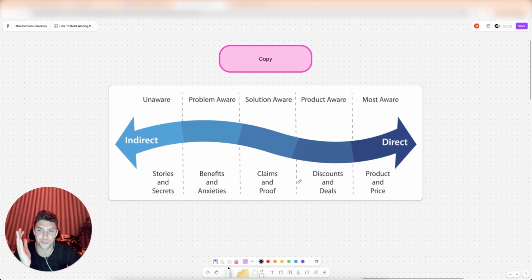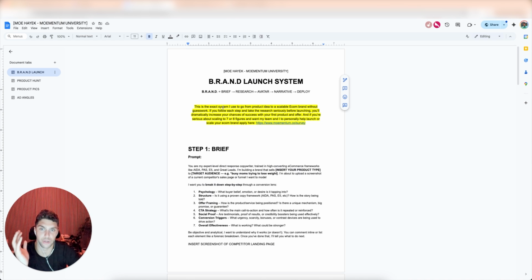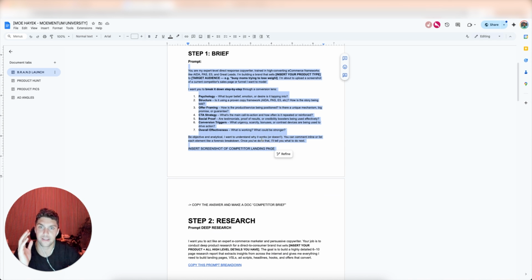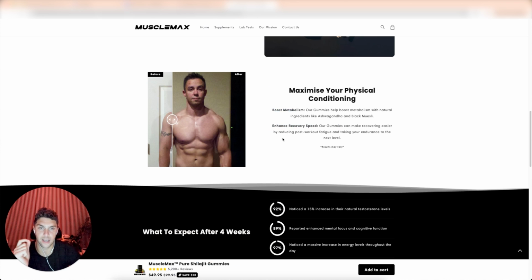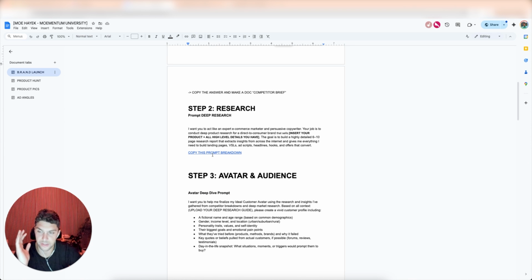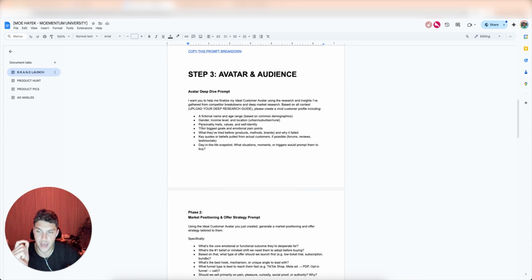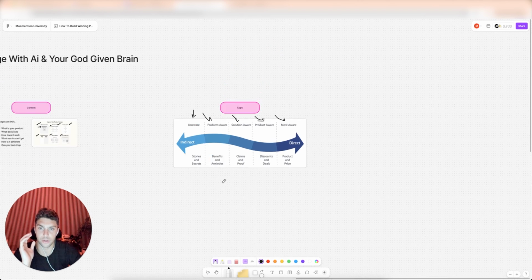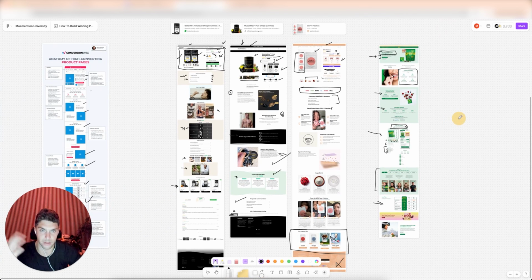I'm going to scream this at you guys till the end of time. Once you understand which one of these people you're going to be targeting, this is when you're going to come down to the brand launch system that I have. You're going to use prompt number 1, okay, where it's going to help you break down exactly how and what these guys are doing in order to convert people. Then you're going to go ahead, create the deep research prompt about your product, and then the avatar deep dive, and then be able to create the copy one section at a time in order to create a very high converting landing page. And maybe I'll do this on a second video here. I don't want to make this one too long, but